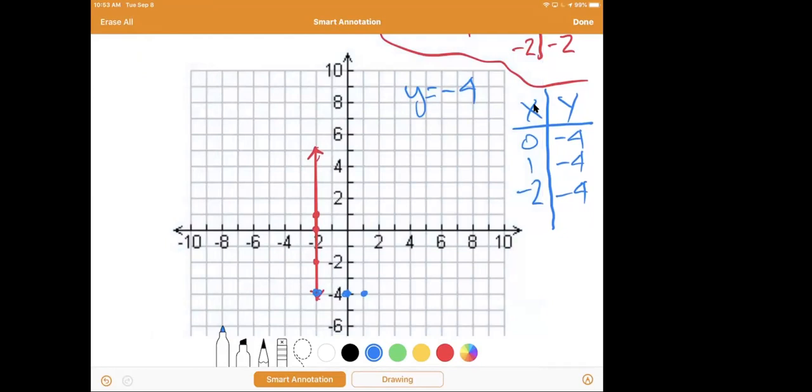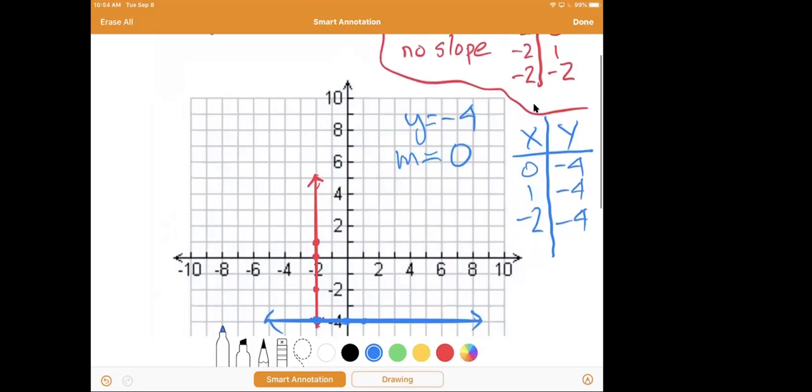And when you connect those points, you can see that they are, hang on a second here, trying to get my ruler straight, horizontal. And whenever you have a horizontal line, the slope is 0. The slope is always 0 for a horizontal line. All right, so